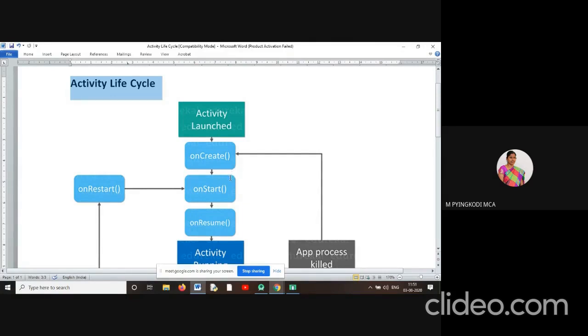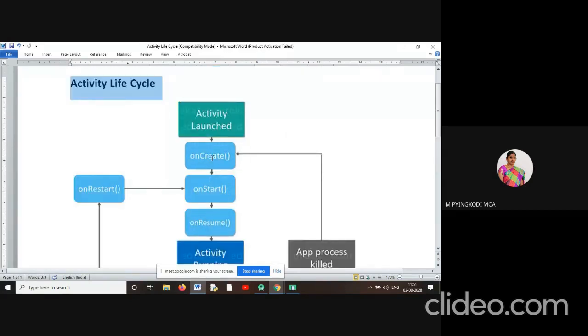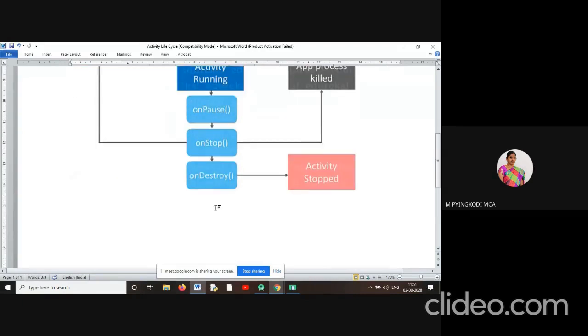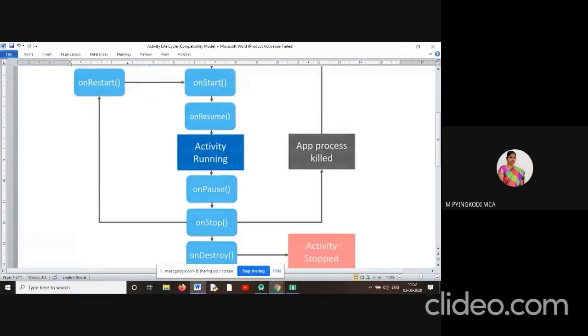For any activity, these methods have to run. We need onCreate, onStart, onResume, onPause, onStop, and onDestroy. These 6 methods are to be called for running an activity successfully.